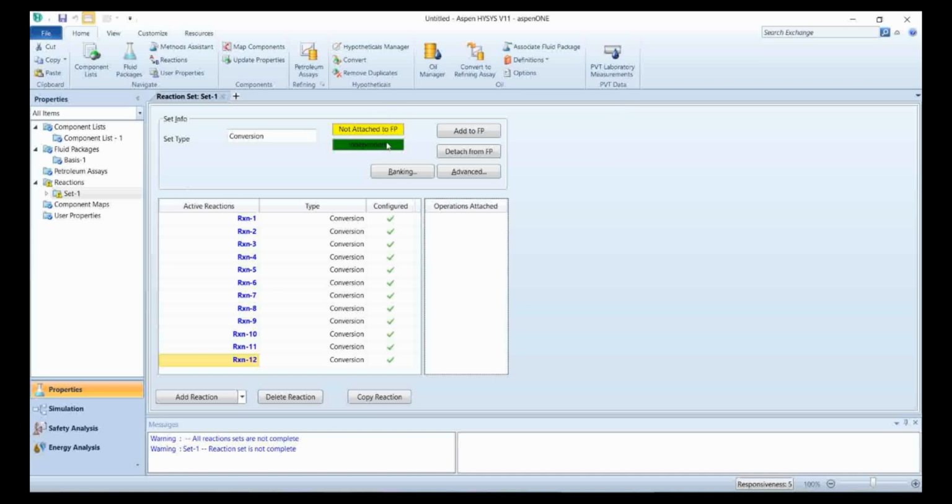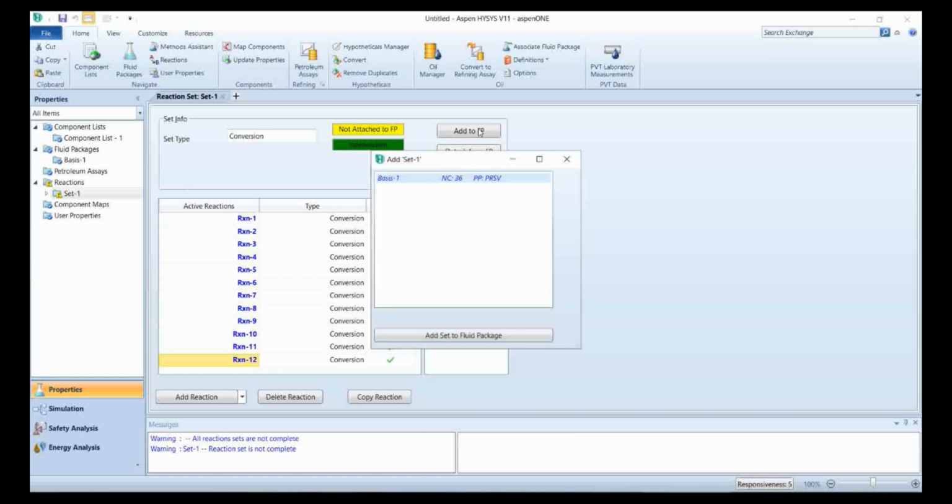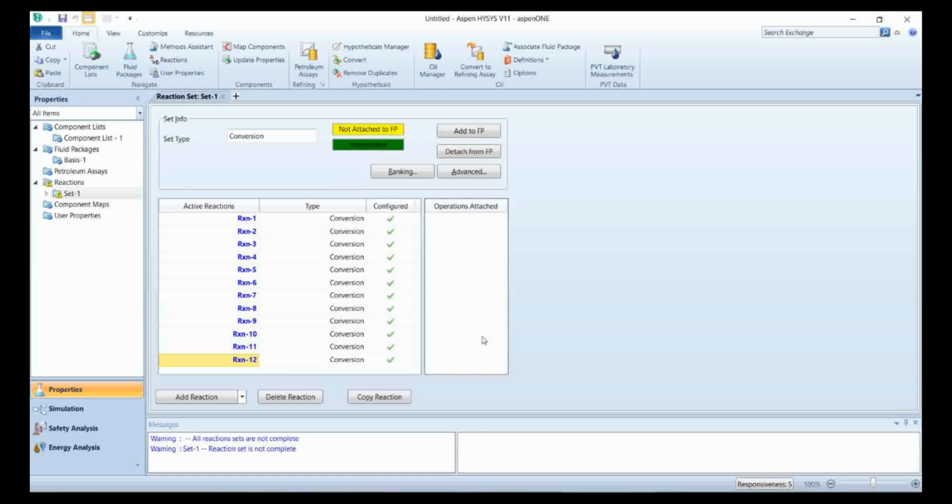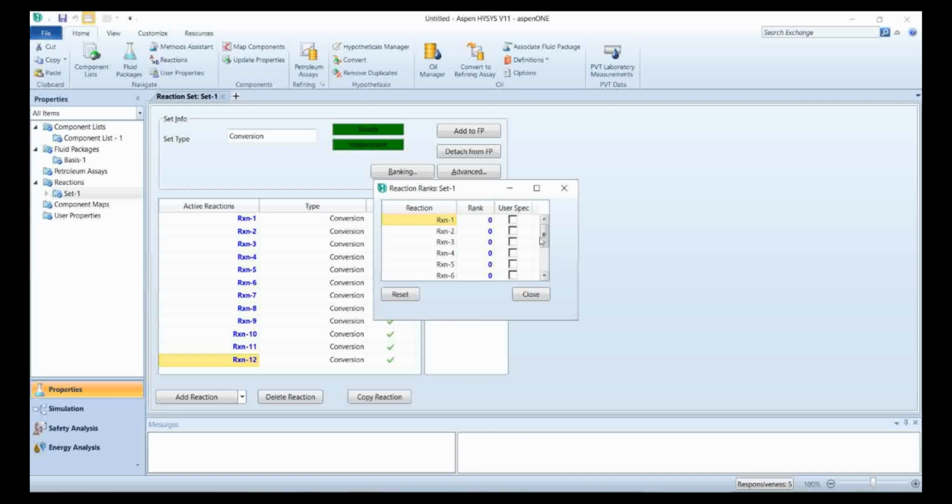Once all the reactions are defined, we need to attach these reactions to the fluid package. So click on fluid package and attach it. Now we need to give the ranking to these reactions as well. Some of the reactions occur one after another, so the product of the first reaction is used as a reactant for the second reaction. For quinoline, which produces benzene, that benzene again reacts to produce cyclohexane.